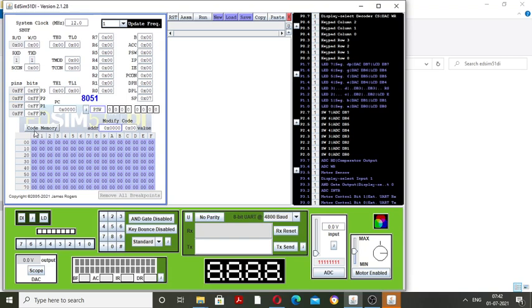Here PSW is the program status word, that is the flags, and here are the B register, accumulator, PSW, IP, IE, different registers. Here SP is the stack pointer, then the timer mode and timer controller, then receive data, transmit data.